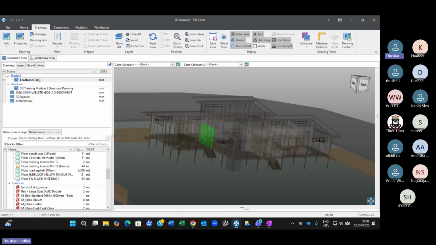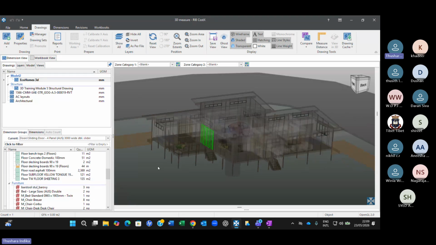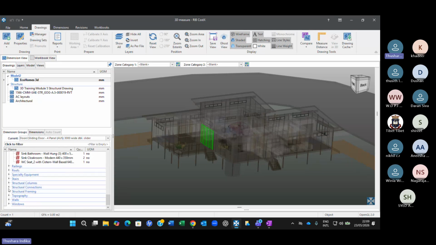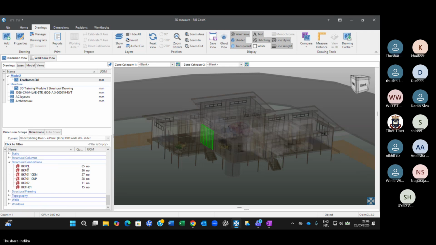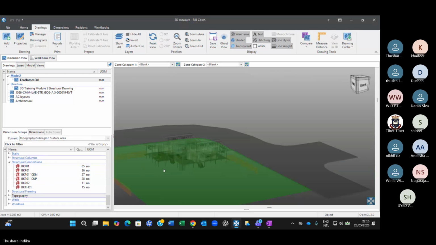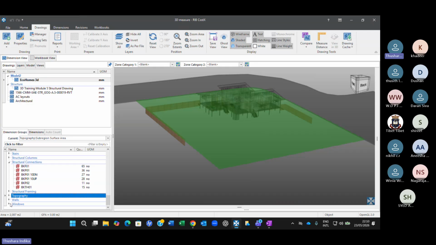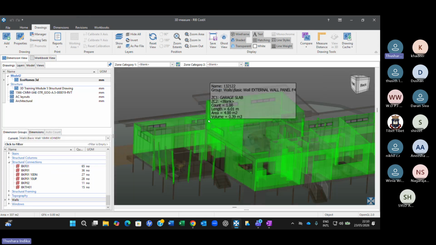Right, so can you do that quickly? Take Eco Homes 3D and generate the 3D model first, and then we'll generate the BOQ also. First, you generate all the dimensions, and then just click on that and see how it will look. You can see even structural connections, structural framing, even topography is here. Walls,